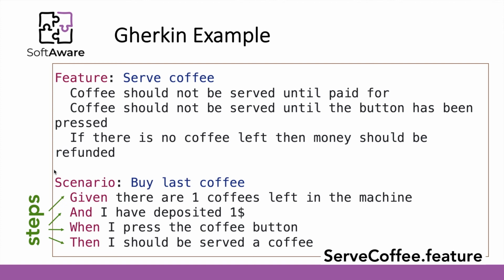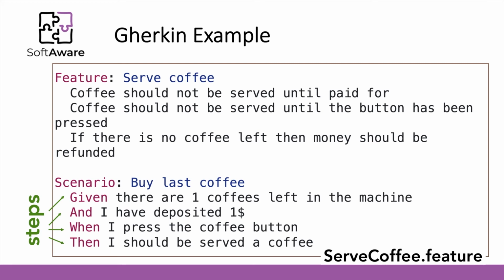And then we have a scenario keyword that has a title, and then we have 1, 2, 3, 4 steps where each step proposes some context, an action, or a validation. So in the first step, that is a given step, we have a context because we have to ensure that the coffee machine has at least 1 coffee available. And is another step that adds on to the scenario and to the context that is being given. I have deposited $1. So all of this is already established before I actually start the test.